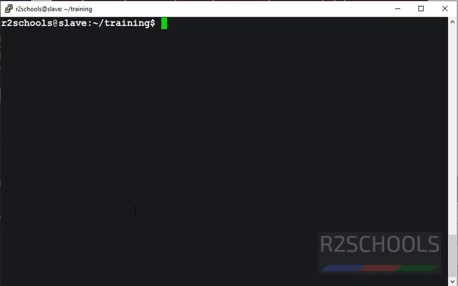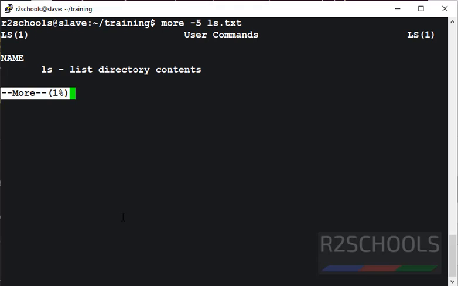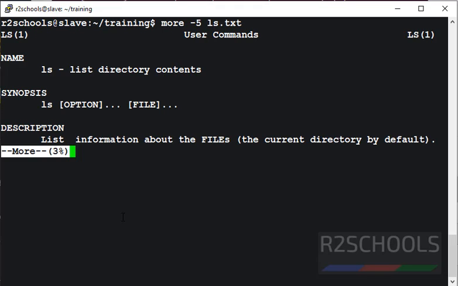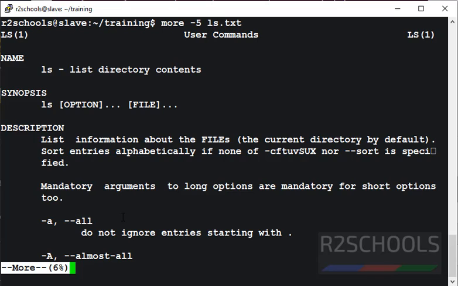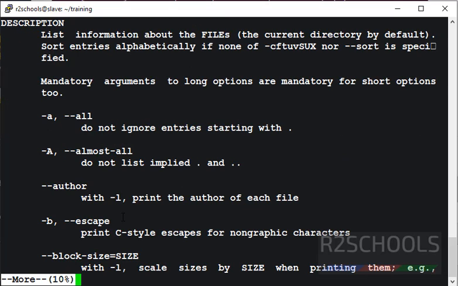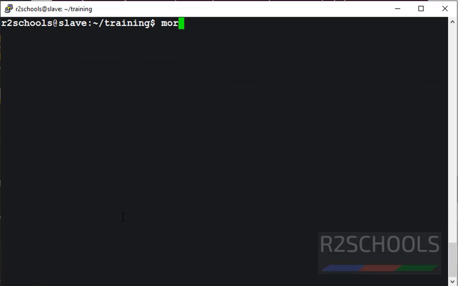Now the next example is more -number, then file name. more -10 then file name. What will this do? This will display file names per page. See, if you want to display other file names, use tab or D. Again D. See, that's 5 more lines. Press Q to quit. Suppose you want to display 10 lines per page, then use more -10, then file